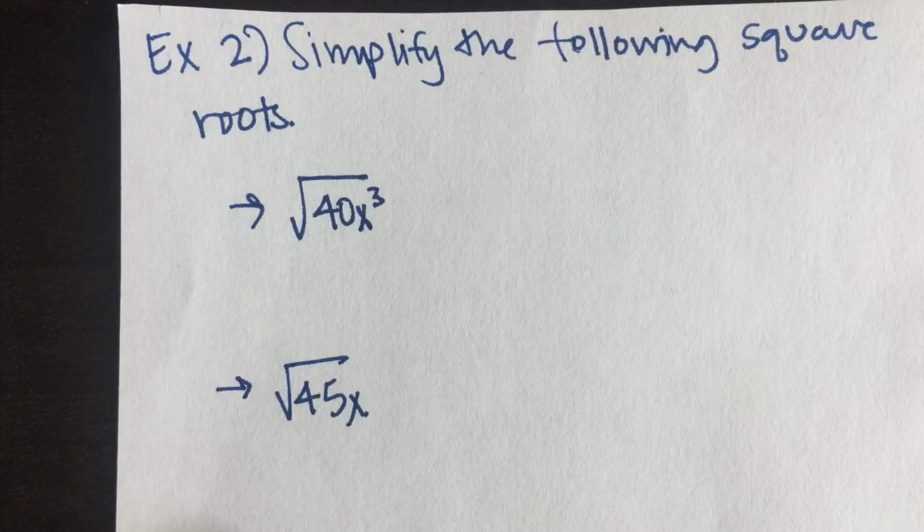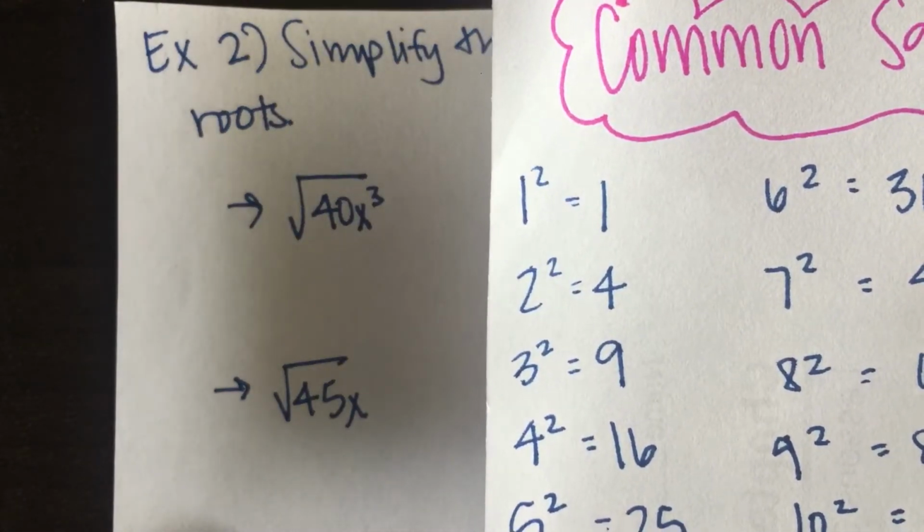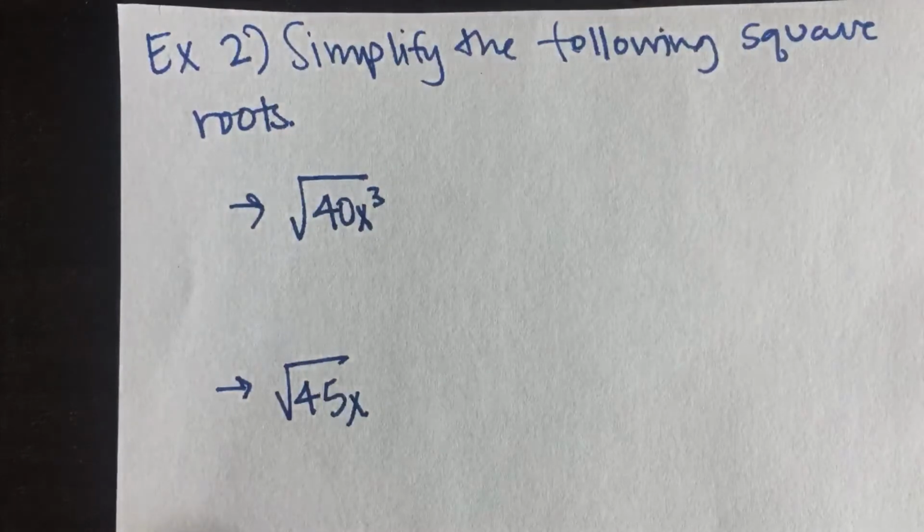Now, this same idea applies here. We're going to break apart the 40 into multiplication using perfect squares. And so we can see that 40 is the same thing as 4, which is 2 squared, times 10. So we are going to substitute 40